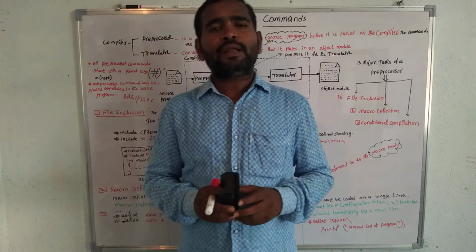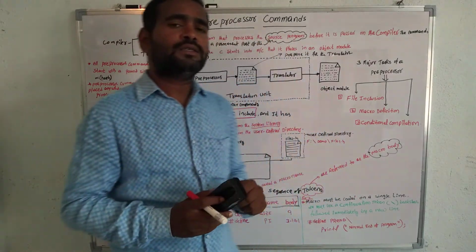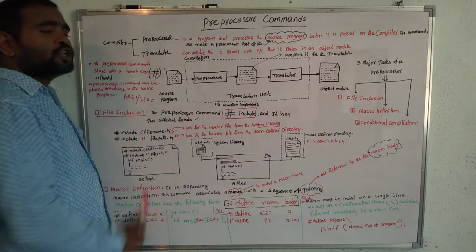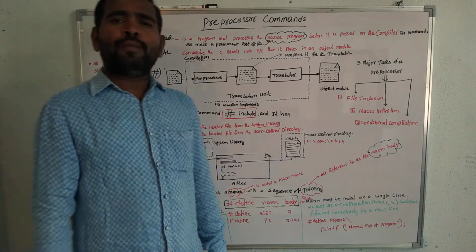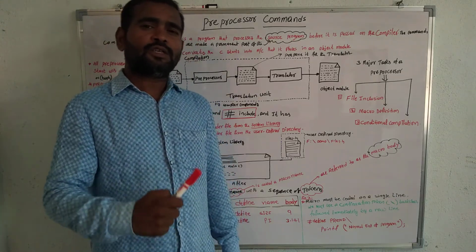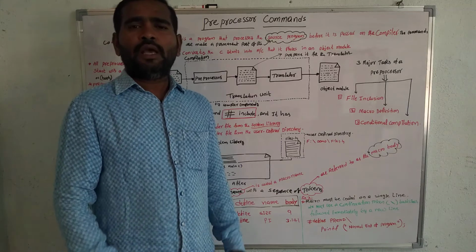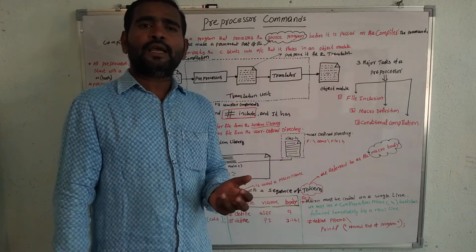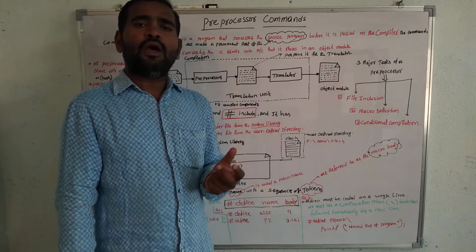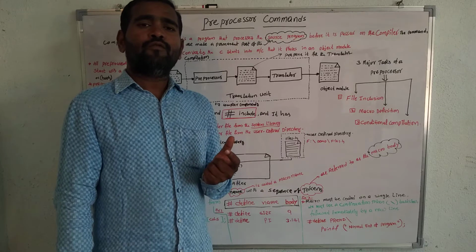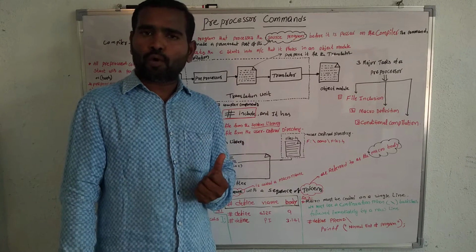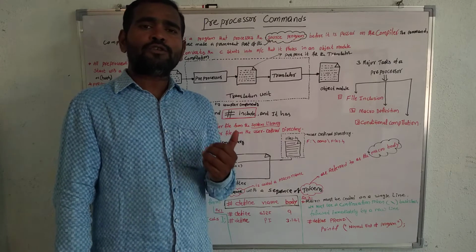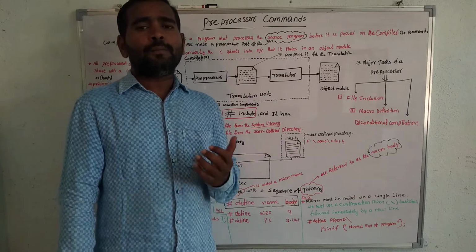This compiler is made up of two functional parts. One is the preprocessor and the other is the translator. In any program execution, certain stages are there. Those stages are: a C program written in the editor, that is the first stage; the second stage is compilation; third stage, linking; fourth stage is executing our source program. In between these stages, there is one more stage, that is called the preprocessor.